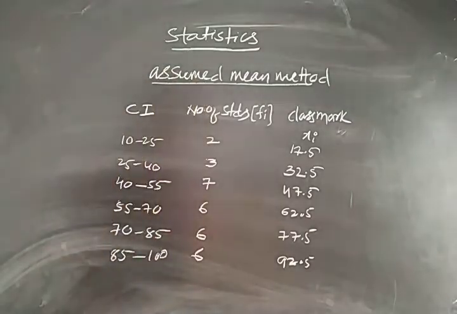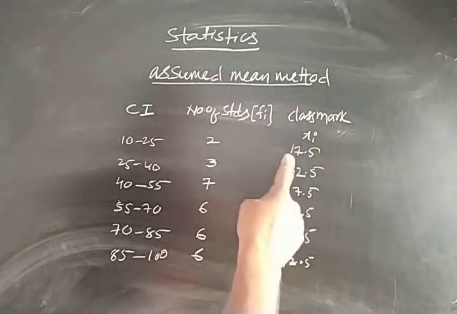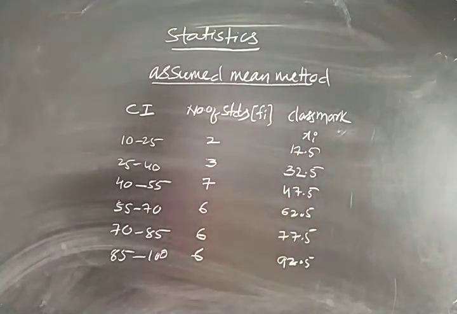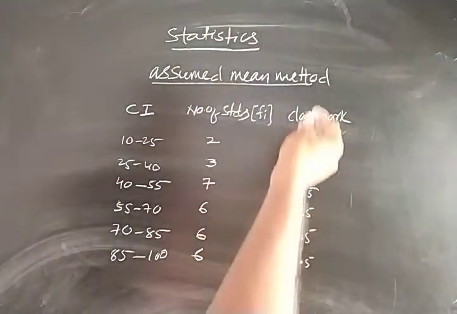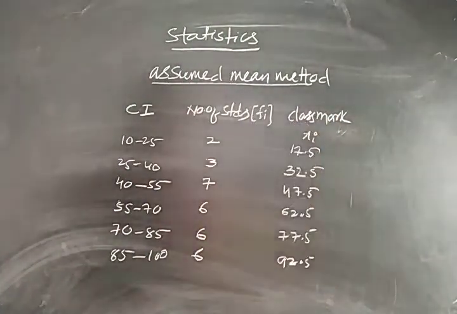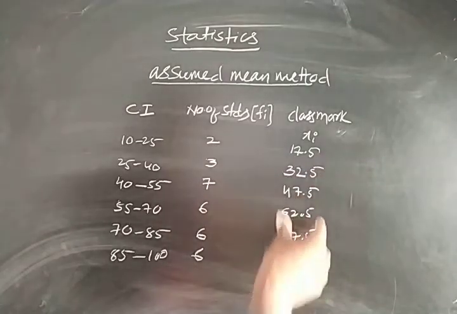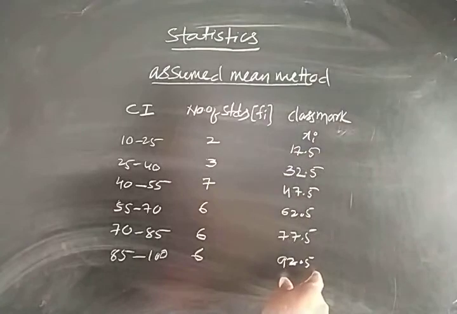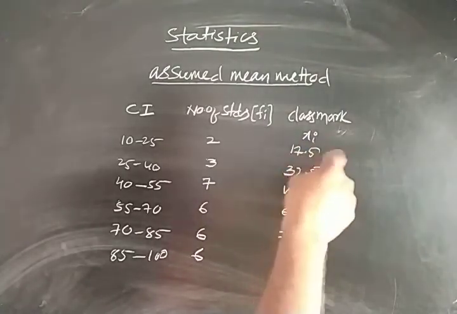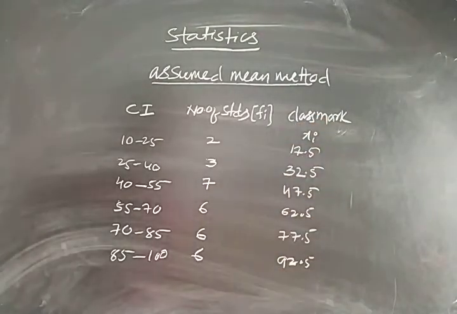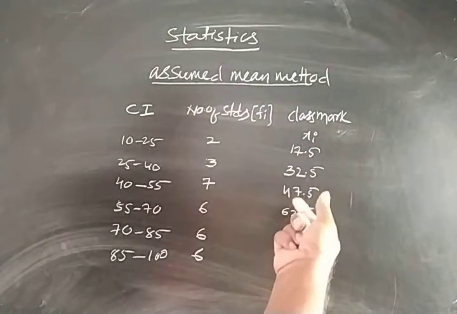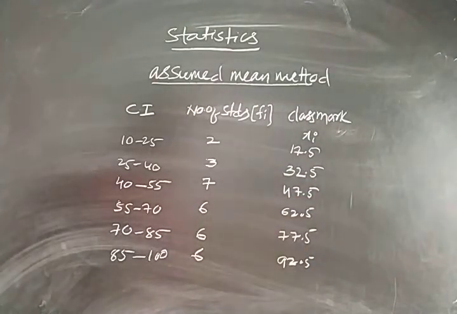So what is the use of the assumed mean method? If class marks are large values, multiplication will take more time. So the direct method is time consuming. We can reduce these Xi values by assuming one value among these Xi. You can take any one number from Xi, and subtract that number from each and every value of Xi. The value which we select is known as the assumed mean.